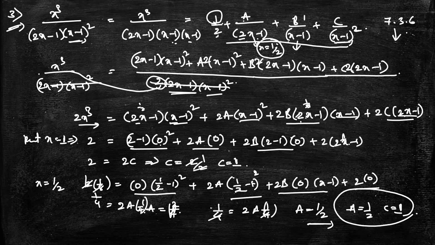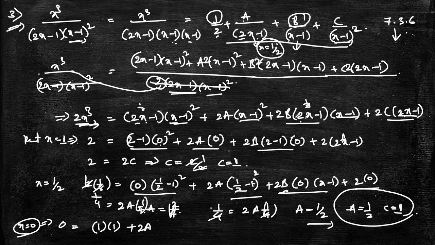What we have to find is another value, the b value, okay. So in this equation again I will put x is equal to 0 here. Why am I putting this? Because I have to find the value of b, so that's why I am taking this one. So if I substitute, it will become 0 is equal to the left side here this one, and after that this one is 2 minus 1, 1 will come here, 1 minus 1 minus 1 plus 1, 1 into 1 will come here, 1 into 1, okay.